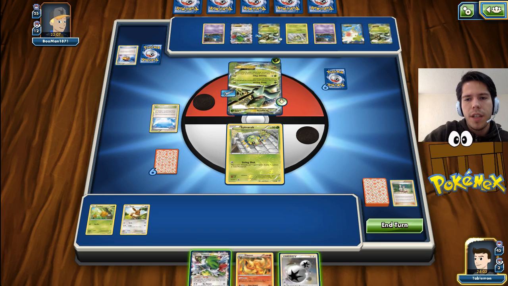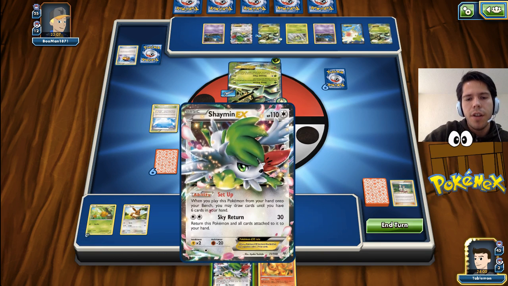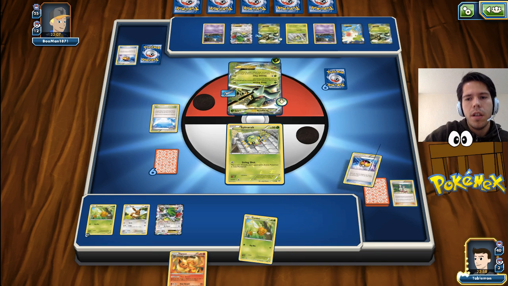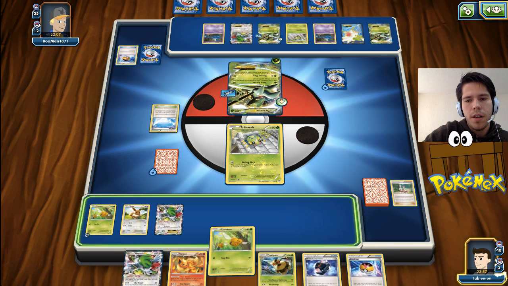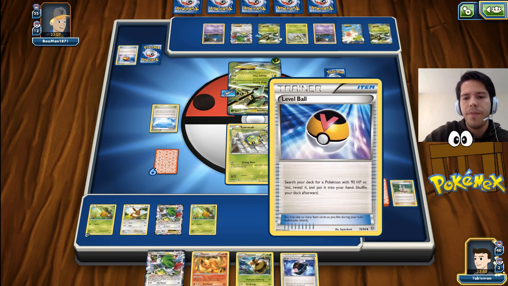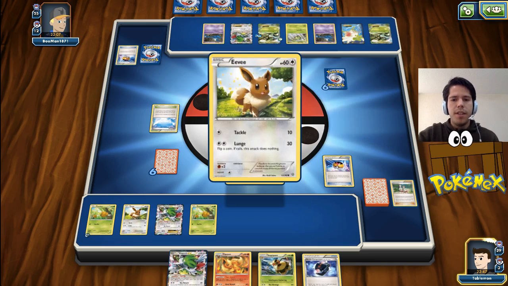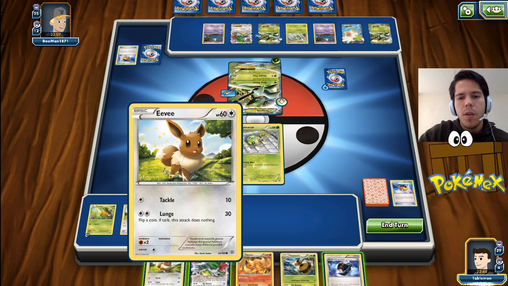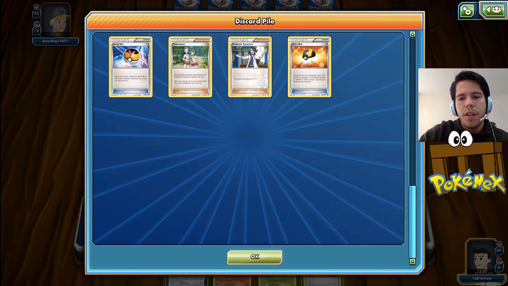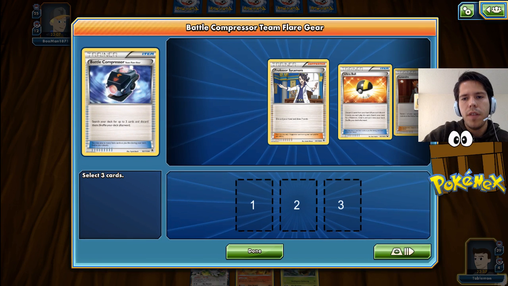So I don't know if attaching the TC is worth it, but I think I have to. Getting another Eevee down would be pretty important, along with another Combee. There's the Combee. The Level Ball gets me the other Eevee, which is great. This is definitely an ideal setup for us as well. But we don't have any Pokemon in the discard pile just yet. So this Pile Compressor is going to